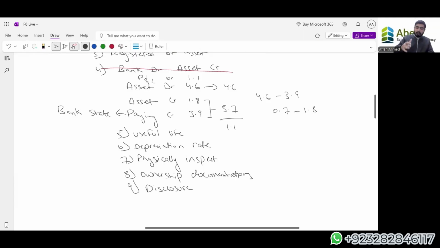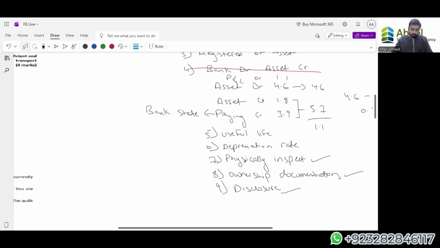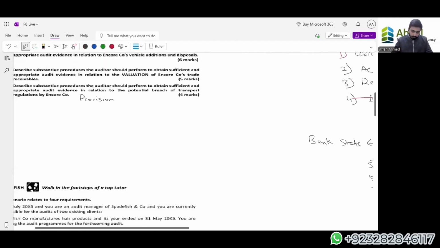Okay, you see that I have gone towards the objective area first. The first area that I'm going for is the accounting treatment, the recording of transactions, disposal recordings. Then at the end, I'm going for physical inspection, ownership documentation, disclosures. So these are the points that are generally there in every non-current asset question. I am keeping them for the last options so that the examiner sees that I have adequately applied the particular substantive procedures on the particular case. Okay. So I believe that everyone is clear on this, and now we'll move forward to the second area.